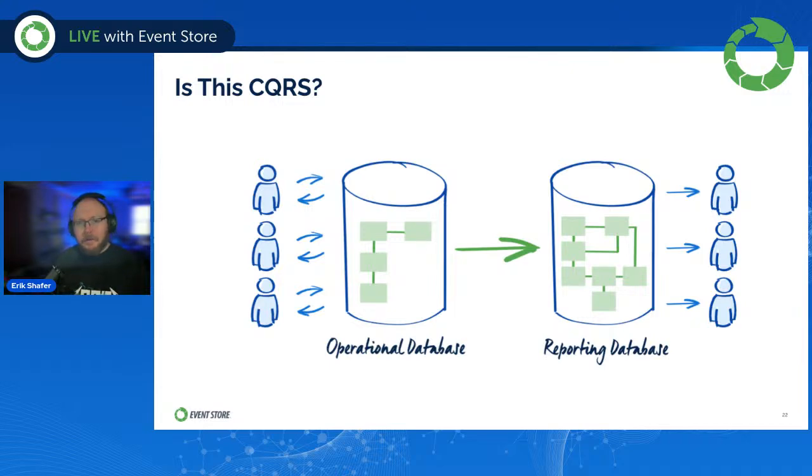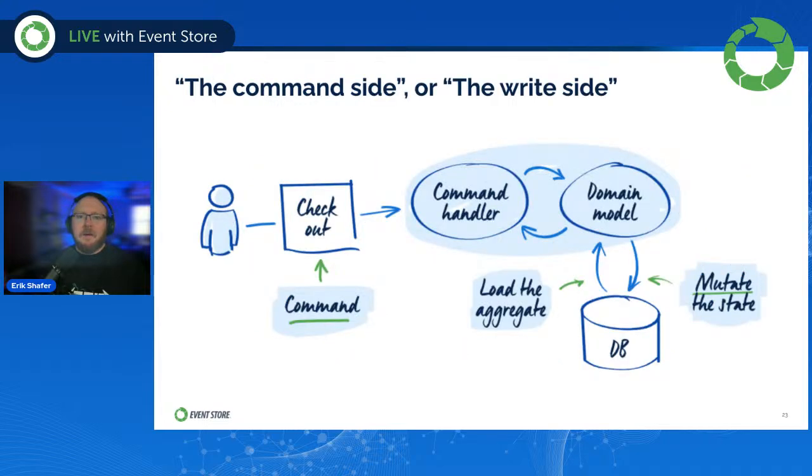Now, if on the left side you're using Event Store DB, unless your use case is all in memory and things like that, which is totally valid, you probably have one or two or many read databases. So that's something to think about. But CQRS itself doesn't state that. It's not saying you have to do it that way. So yeah, commands express intent. We sometimes call that the write side. So when you look at CQRS from the lens of event sourcing, we talk about it as the write side